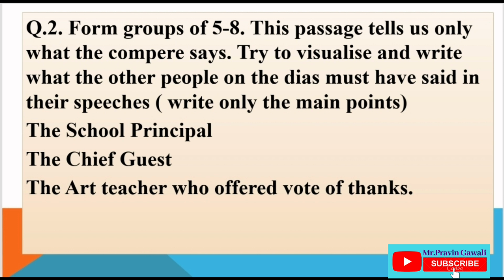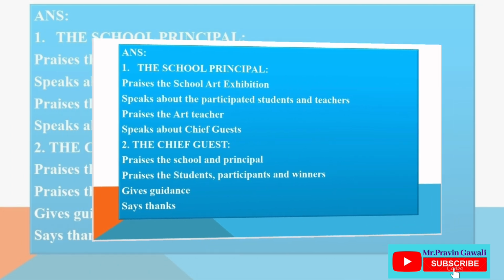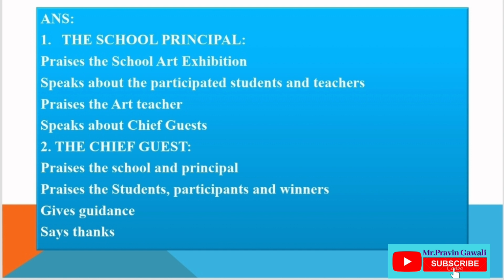The school principal. 2. The chief guest. 3. The art teacher who offered vote of thanks. So students, here we have to write only the main points of their speeches. Okay? So let's try. The answer is